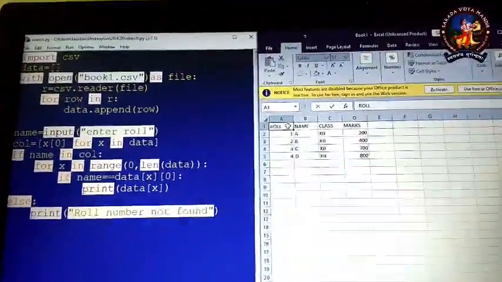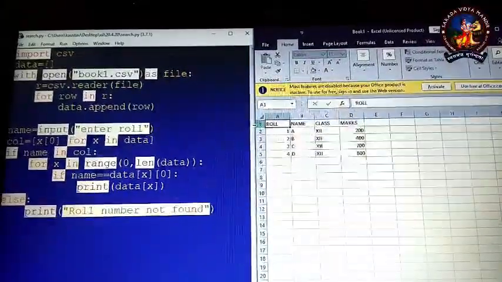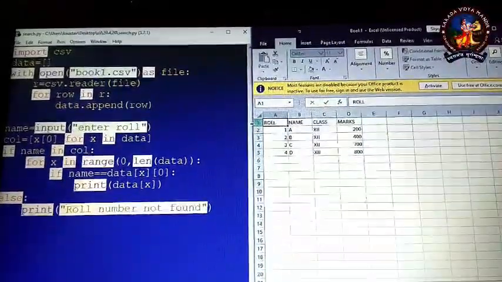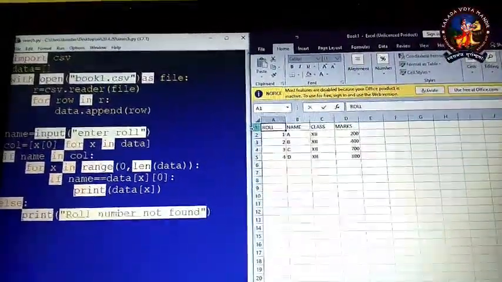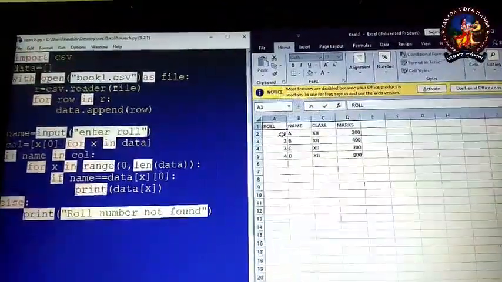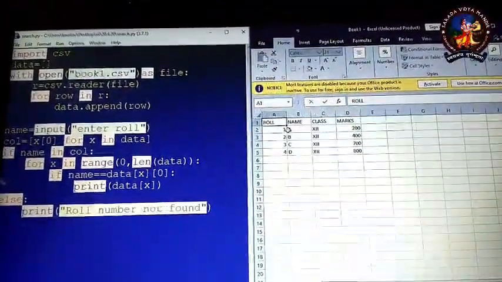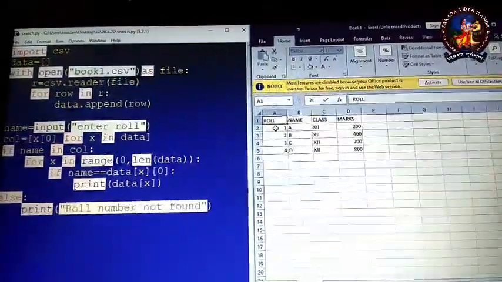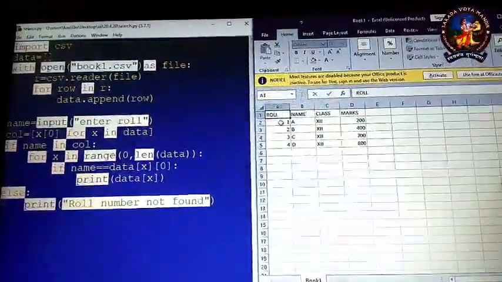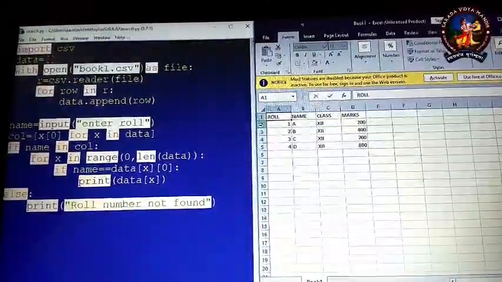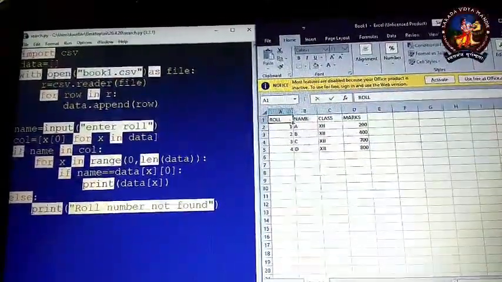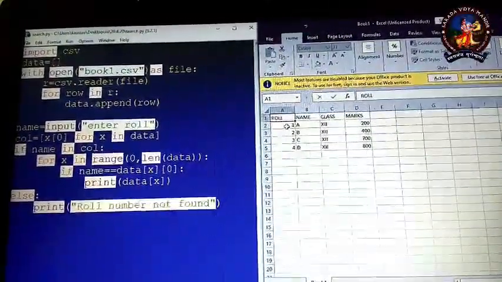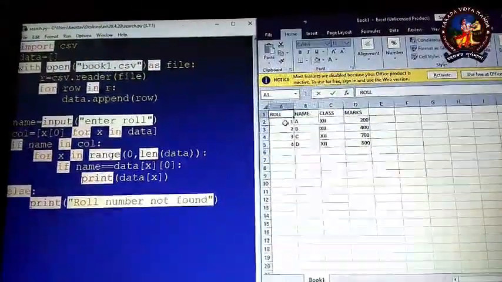Its location is 0, 0, meaning the column number is 0 and the row number is 0. Now suppose roll number 1, this one, has been stored such that the column number will be 1 and the row number will be 1. Fine.